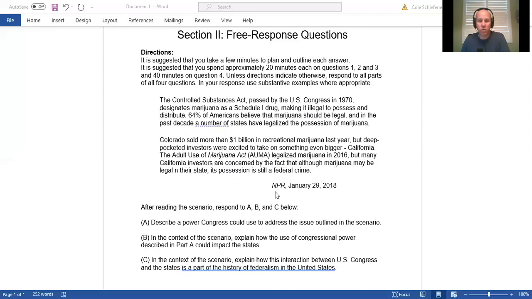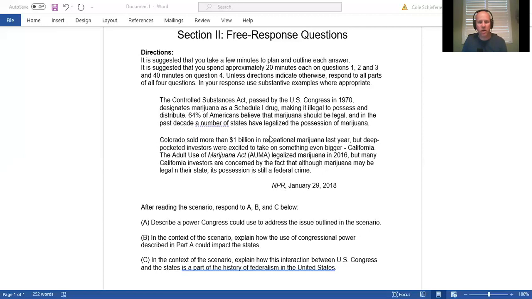So here we have a quote from a news source called NPR. We now have to answer the question responding to this quote. This quote might be from a news source. It might be from a primary document like the Constitution or Declaration of Independence, or maybe the Federalist Papers, right? Or Brutus. It might be a quote from a politician. So who knows? Let's go with this.